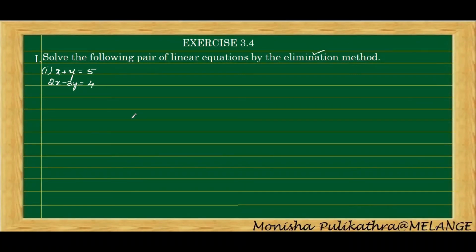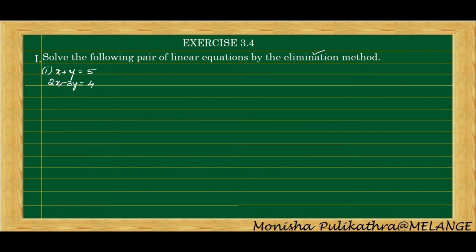Moving on to exercise 3.4, first main. In first main, we need to solve the given equation by using elimination method. Okay, substitution and cross multiplication method has been deleted this year, only for this year. So we need to solve the equation just as we solve the equation for the graphical representation. In the same way, we need to solve this equation.